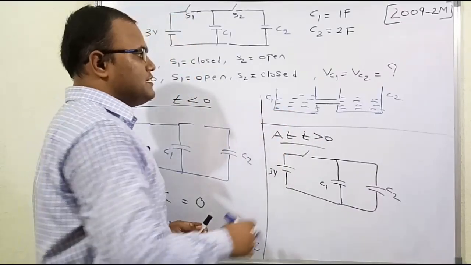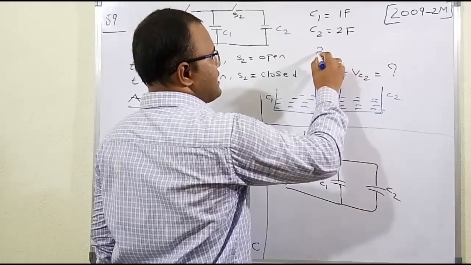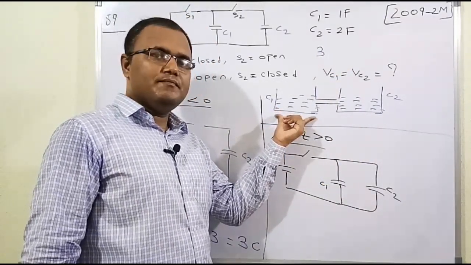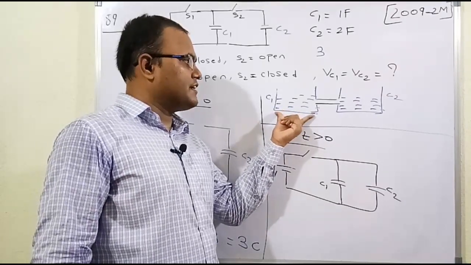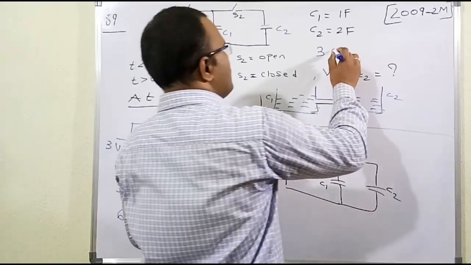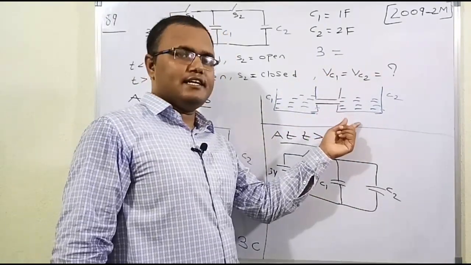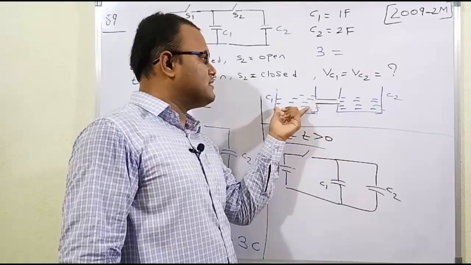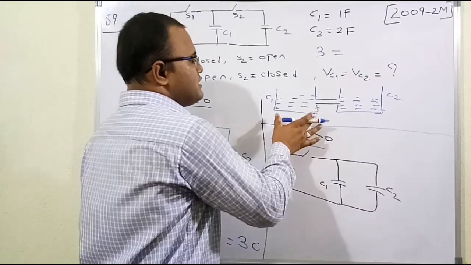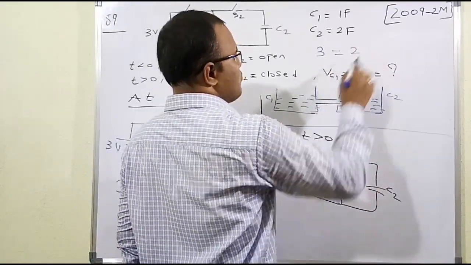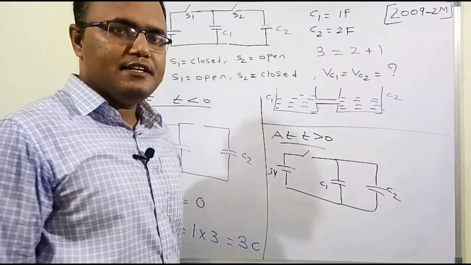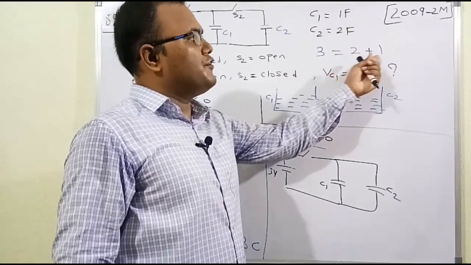Again I will explain. Let me assume initially some 3 liters of water are present in tank 1. Now I have connected another tank and connected a pipe between them. So the water is distributed between C1 and C2. Let me assume in this tank there are 2 liters of water and in this tank now there is 1 liter of water. So the summation is equal to the original value.